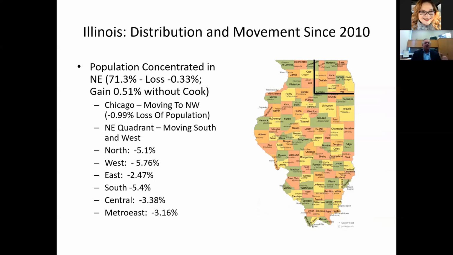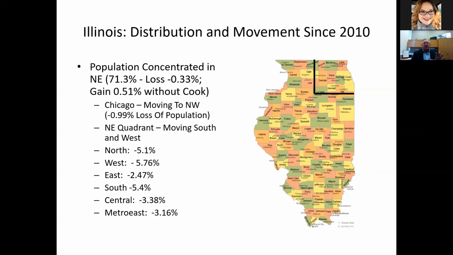With respect to Chicago, population is moving basically from southeast to northwest, and the city has lost 1% of its population over the decade. In the northeast quadrant, we have basically people moving from the northern part of the county to the south and west, particularly Kendall, Will, and to a lesser extent, Grundy County. As you can see,